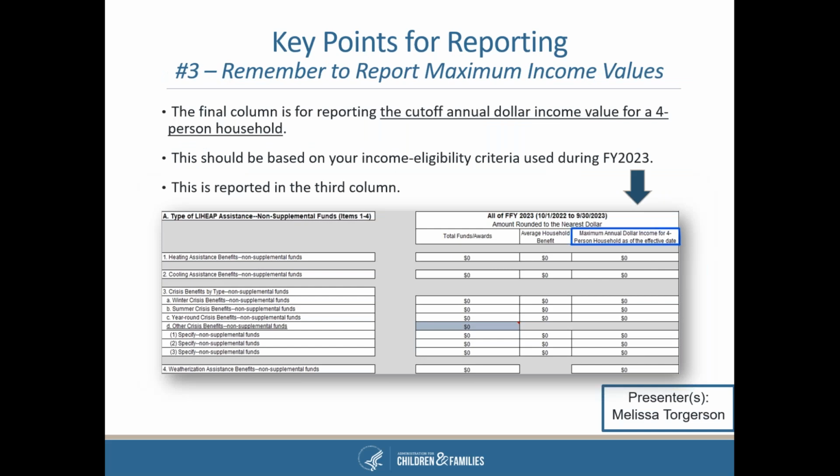The final column in the uses section is all about the cutoff annual dollar income for a 4-person household. Now this should be pretty straightforward. It should be based on your income eligibility criteria used during FY 2023. So if you go to the next slide,